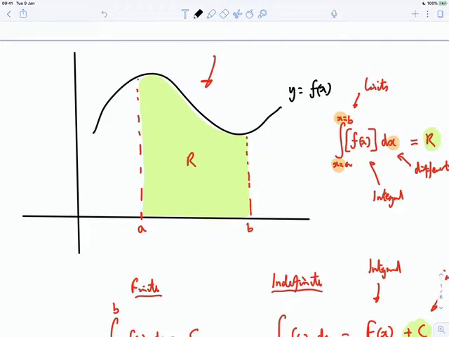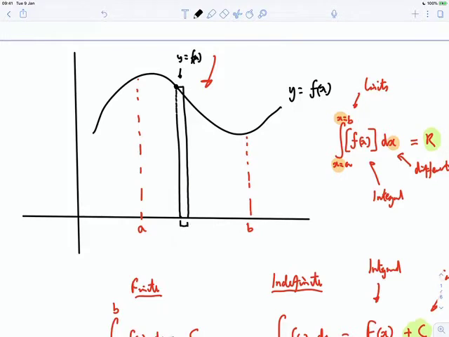Well, if I wanted to find the area under this curve, what I could do is say there's a particular y value here. At this point, y equals f of x. And what I could do is I could make a rectangle like so,